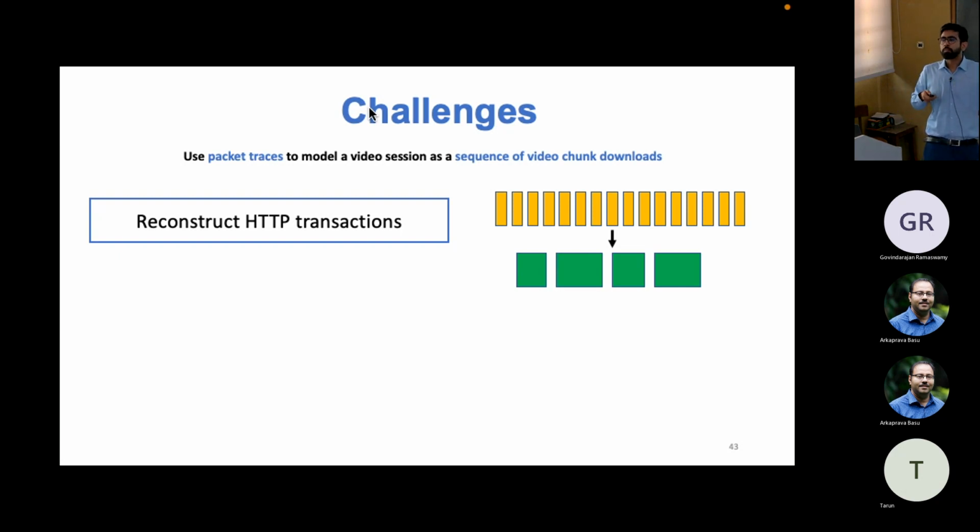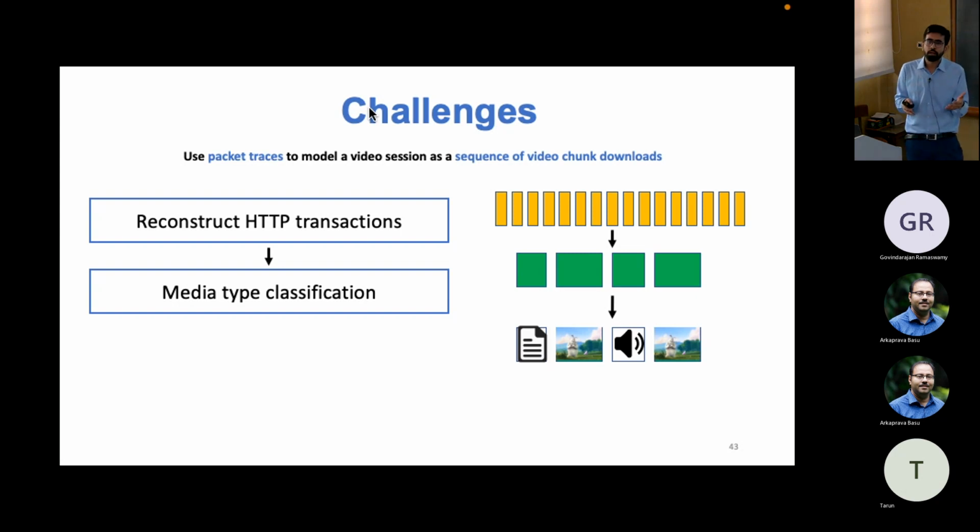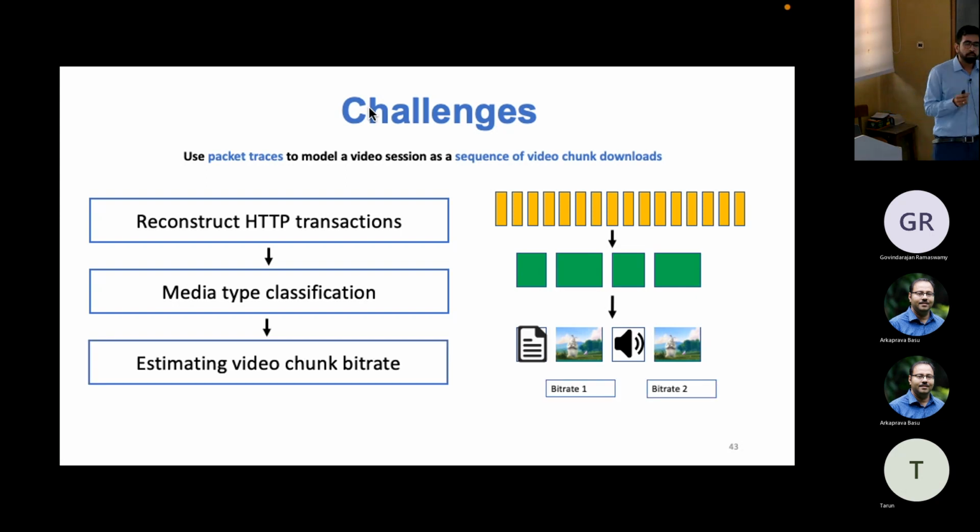in these HTTP transactions, there will be transactions corresponding to different kinds of media types. There will be audio data, there will be metadata. So you need to isolate video chunks from these other kinds of data. Once you do that, you still need to estimate the average bitrate of each chunk. And basically you need to estimate the QoE metrics, bitrate and number of switches, right? So now